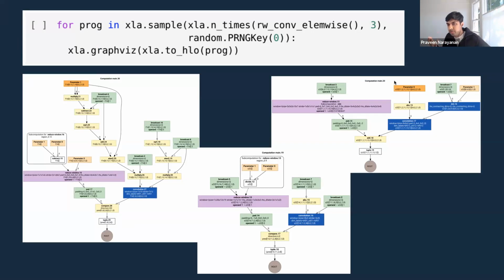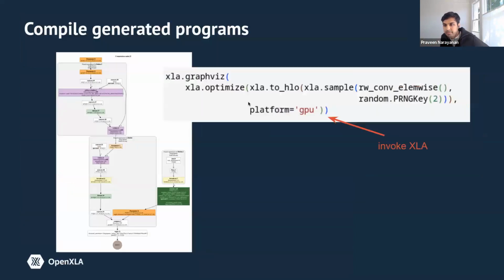And now we want to use a tool like this in testing our compilers, or in stress testing properties of our transformations. So next slide, please. One thing we can directly do is invoke XLA compiling on these generated programs. So at this point, it's a good